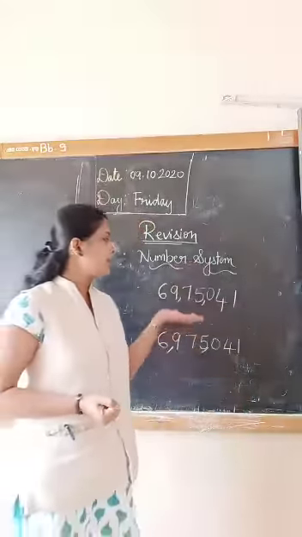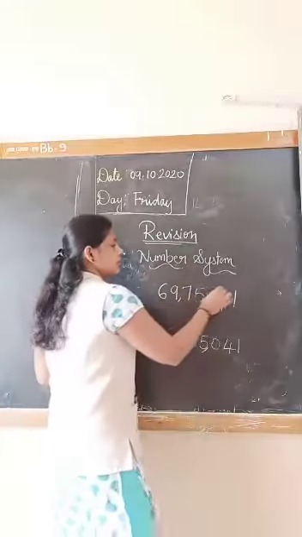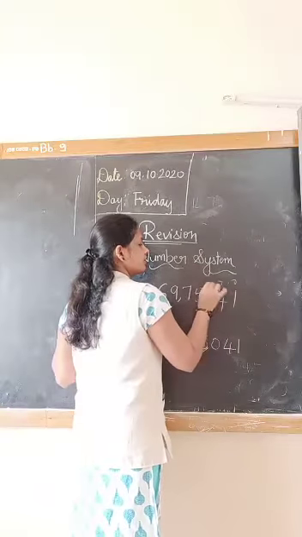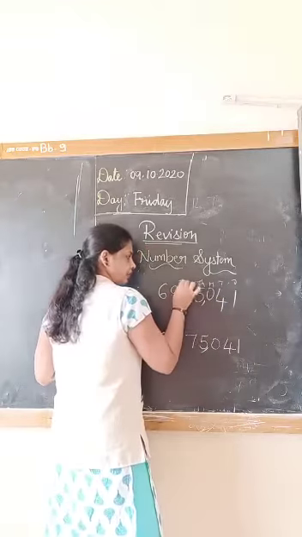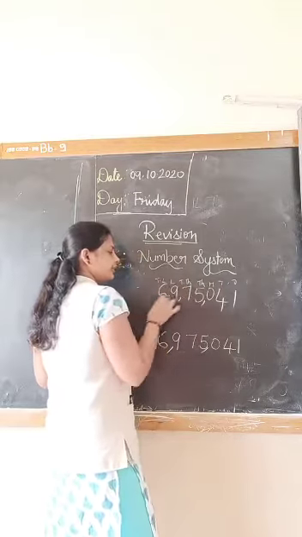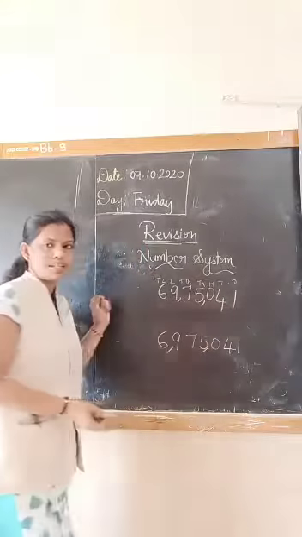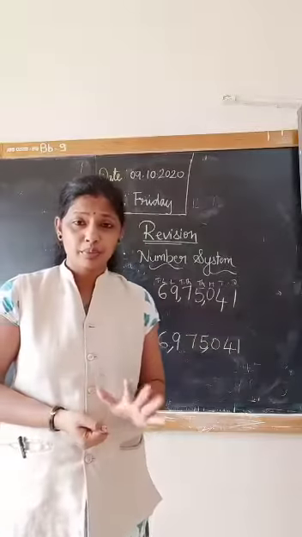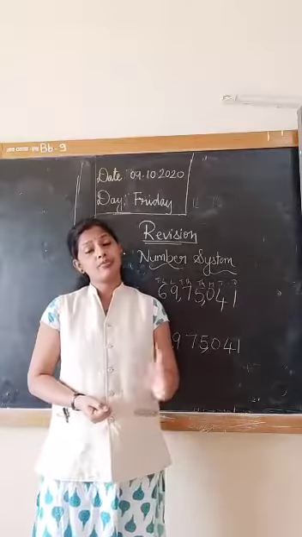Once you insert a comma, then it is reading the numbers. But you should know the places. So this is ones, tens, hundreds, thousand. I want you to say what comes after thousand. Very good, 10,000. Lakh and 10 lakh. This is called the lakhs period, this is called the thousands period, and that is the ones period. Hope you remember about the periods also. To write the number in words, we use that period.